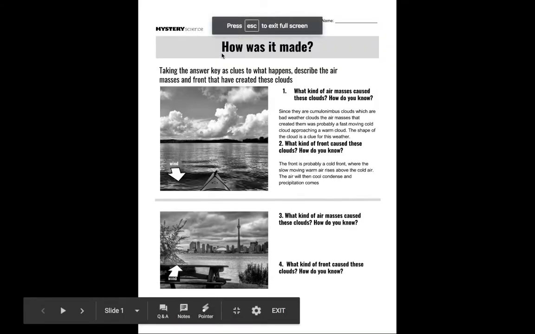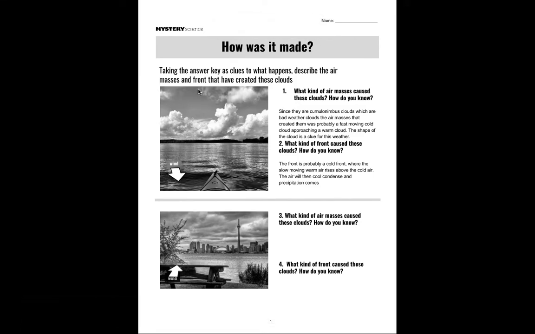And it says, how was it made? How were these clouds made? So it says, taking the answer key as clues to what happens from Spotter Guide Activity 1, Lesson 1, describe the air masses in front that were created from these clouds. So the first question says, what kind of air masses cause these clouds? How do you know? Well, I got this information from the video in the doc, so watch that video,